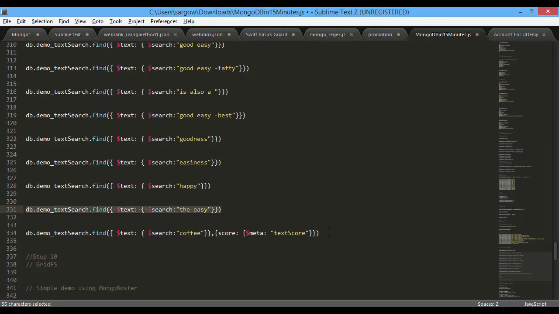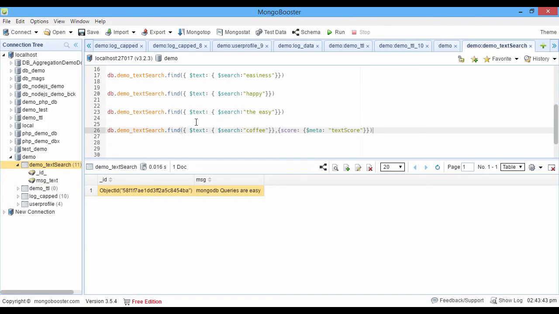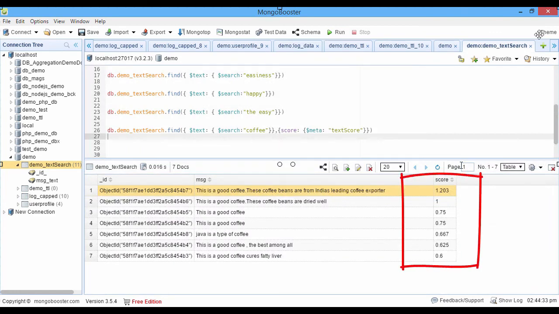The next one is very interesting and important. Please note that every document in a search will have a text score. You can also manually rate a document, or by default it will be given a text score. Remember that every document has a text score. So now we are going to see the text score for every document. I am going to search for coffee. As you can see here, the search results have the score mentioned over here.